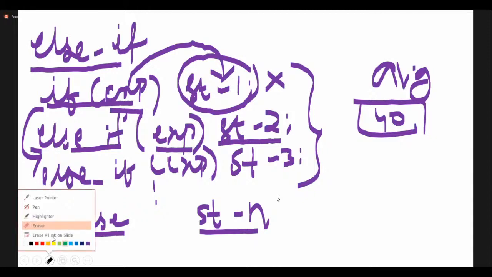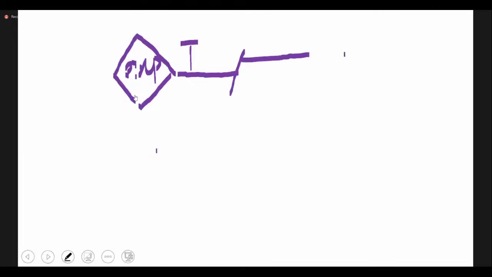So how do you draw the flowchart is simple. So first, same way it looks similar, some expression. Okay. If this is true, you have some statement 1.